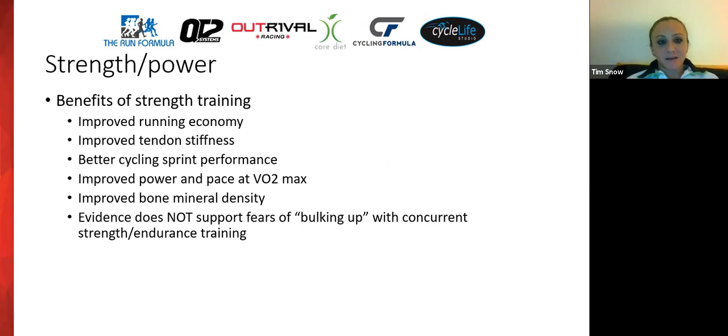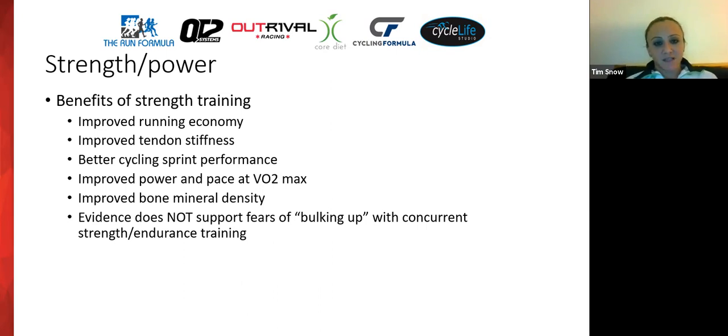So some of the benefits of strength training: our running economy is improved. This means that at any given heart rate, any given oxygen intake, we're able to run a little bit faster. The body is more economical. It improves tendon stiffness. So when I was talking about the Achilles being a little bit of a spring, this will improve that mechanism. That also plays into the running economy as well. Our stiffer tendons are able to store and release more energy.